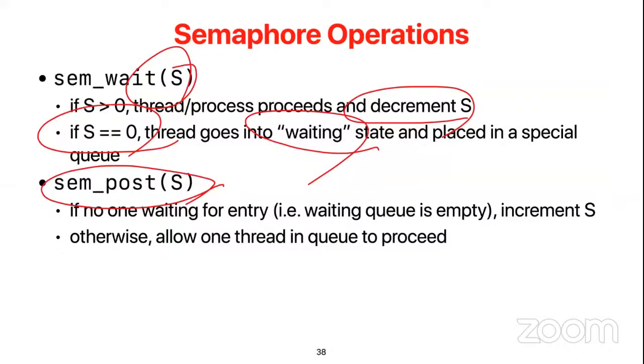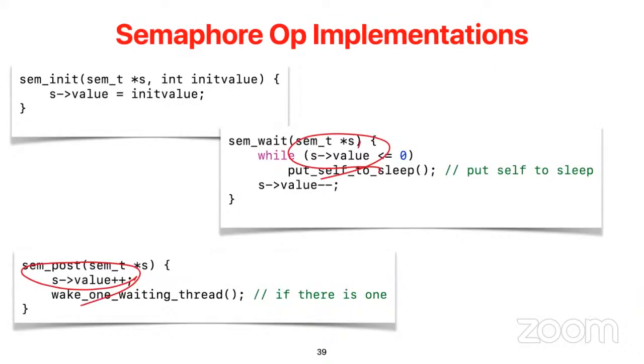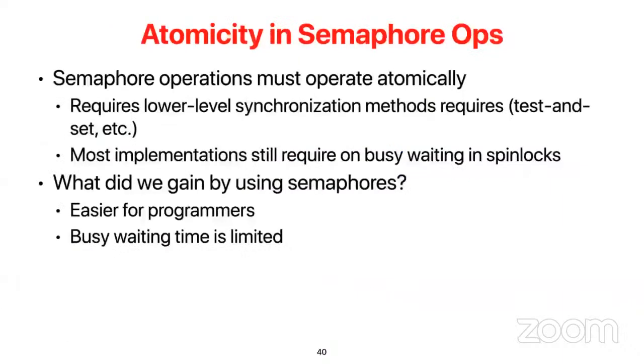So the semaphore serves two purposes. One is that it saves hardware resources. And the other, more importantly, because you have the idea of a wait list, it also guarantees fairness, because as long as you're on a wait list, and if we can call up these processes in order, then everyone would get a fair chance to enter the semaphore protected section. So that's the whole idea of semaphore. The whole idea is that you just maintain the value. But as we said, when you try to increment or decrement the value, those must be operated atomically.